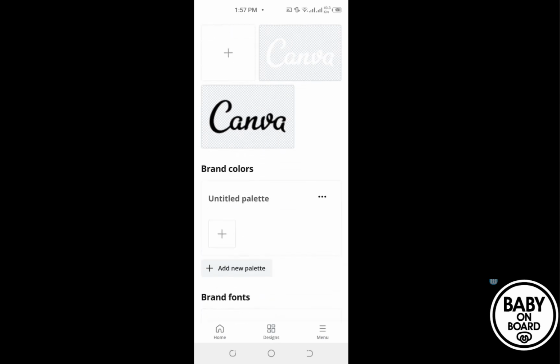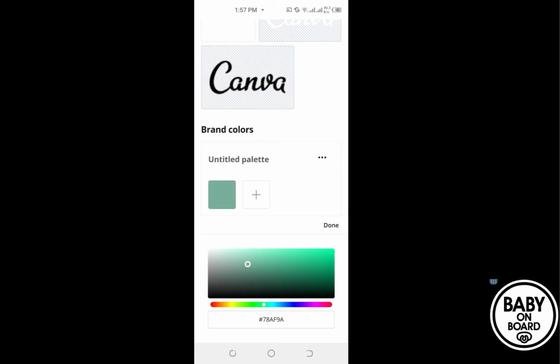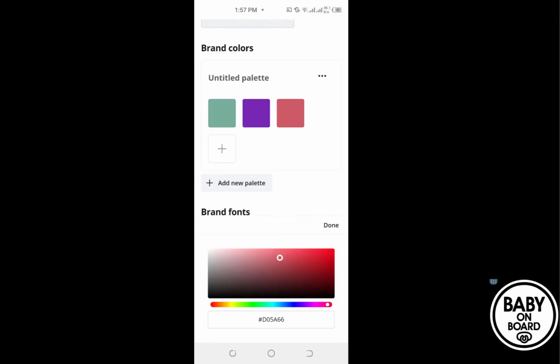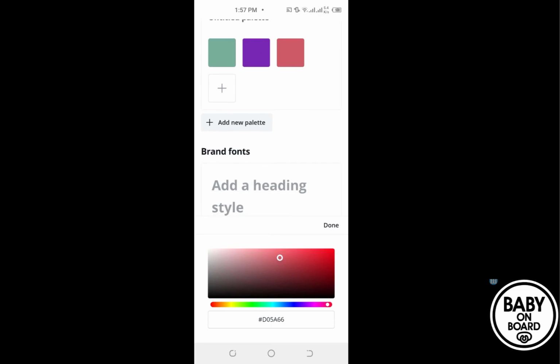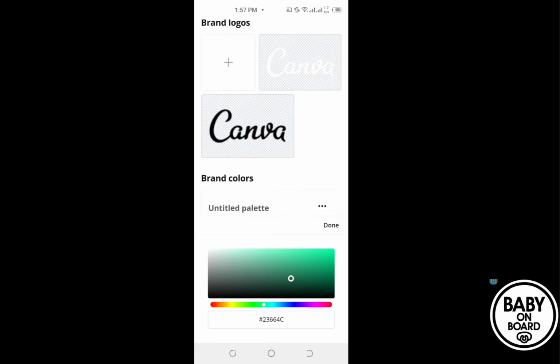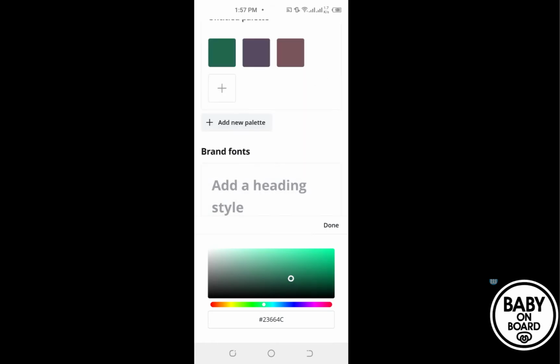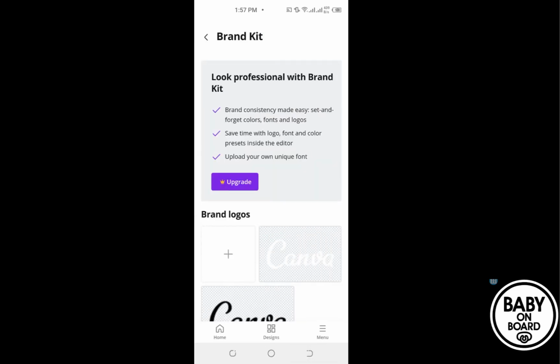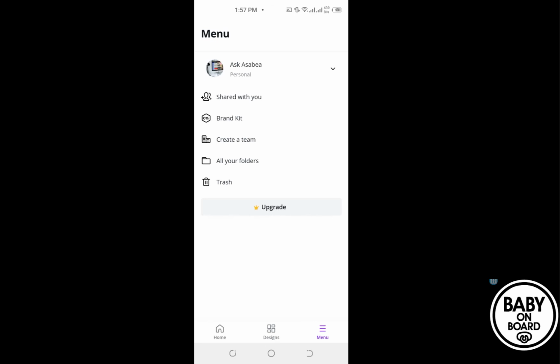Okay. So here we have the brand kit where you can change your colors, choose your color palette. If you want more options, you would have to pay for it, just like we did for the web session. So you can change the color. They give us 3 by default. So if your colors are more than 3, you might not really experience it properly. So that's fine. Then next, you can